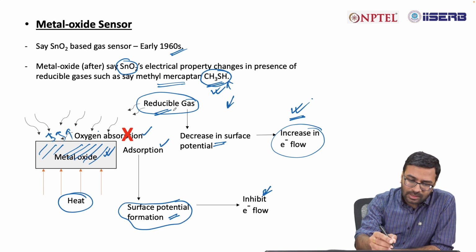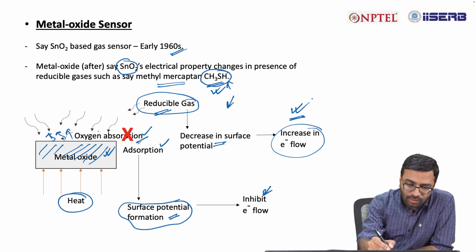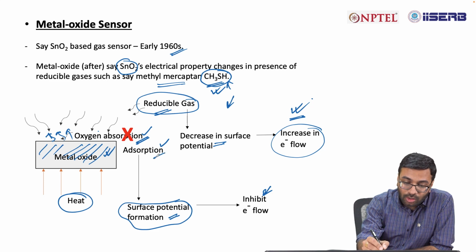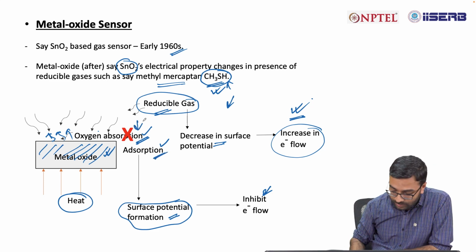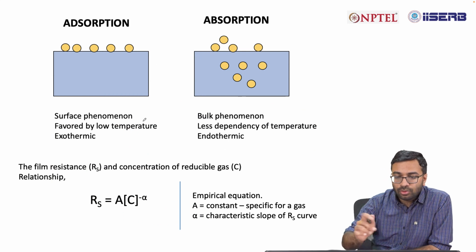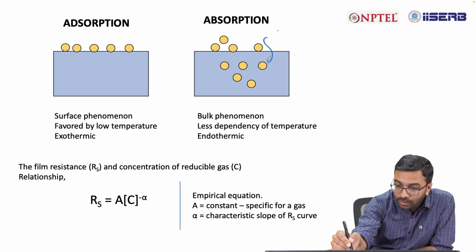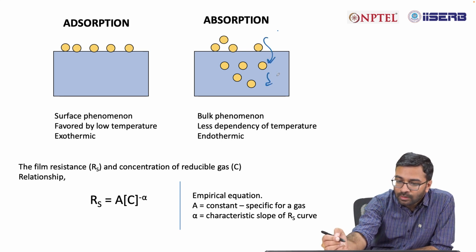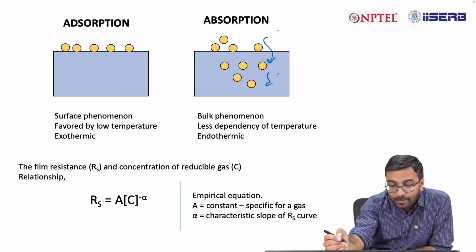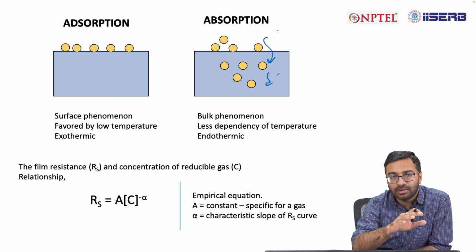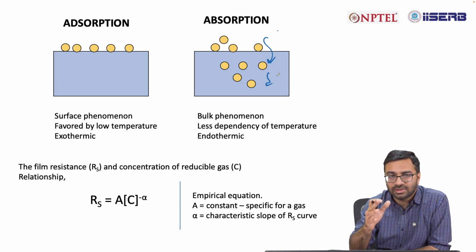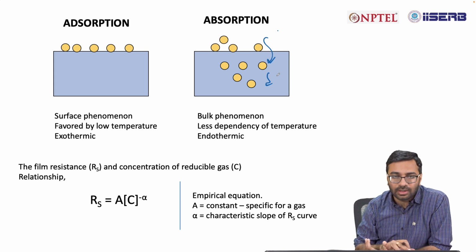Now, as I have said, in this case one has to remember that the oxygen on that material is actually adsorbed, not absorbed. So, what is the difference between these two? Absorption is usually a bulk phenomenon. When molecules are going into the material, inside the material, then we call it absorption. It's not that much dependent on temperature. The dependency on temperature is comparatively less, or in many cases it's not at all dependent,